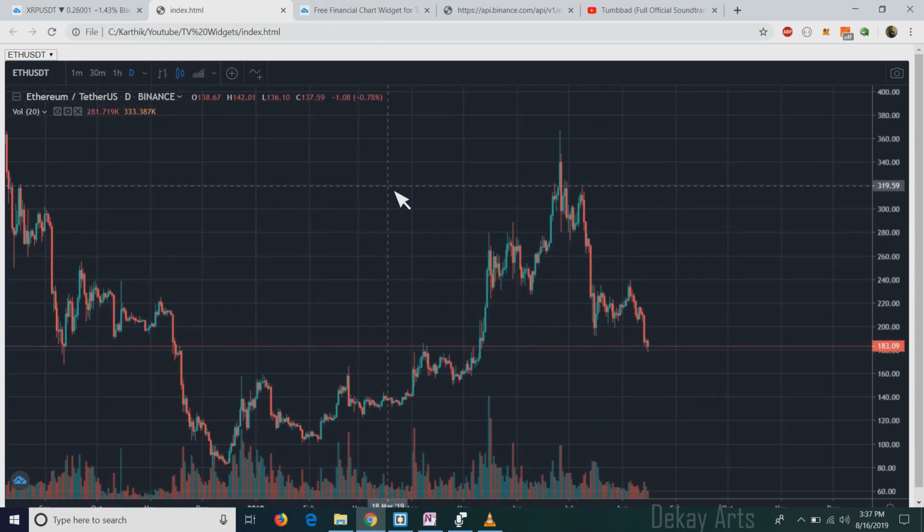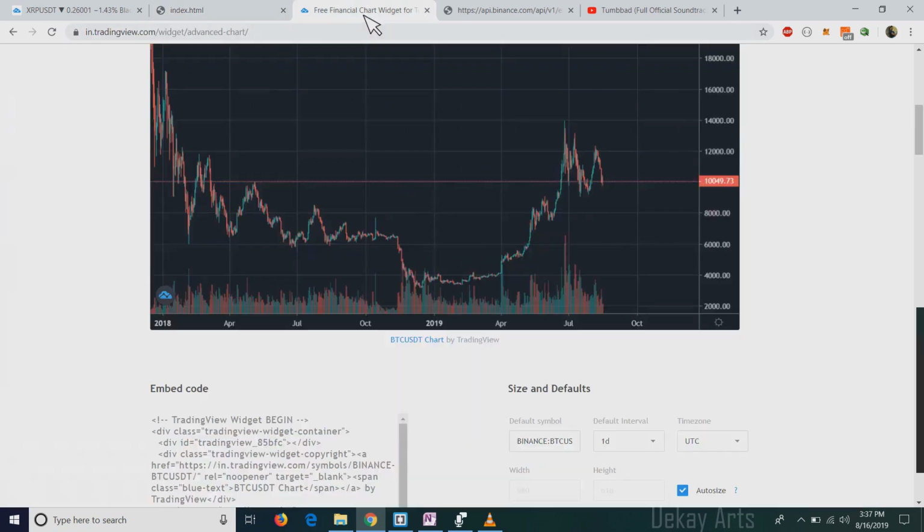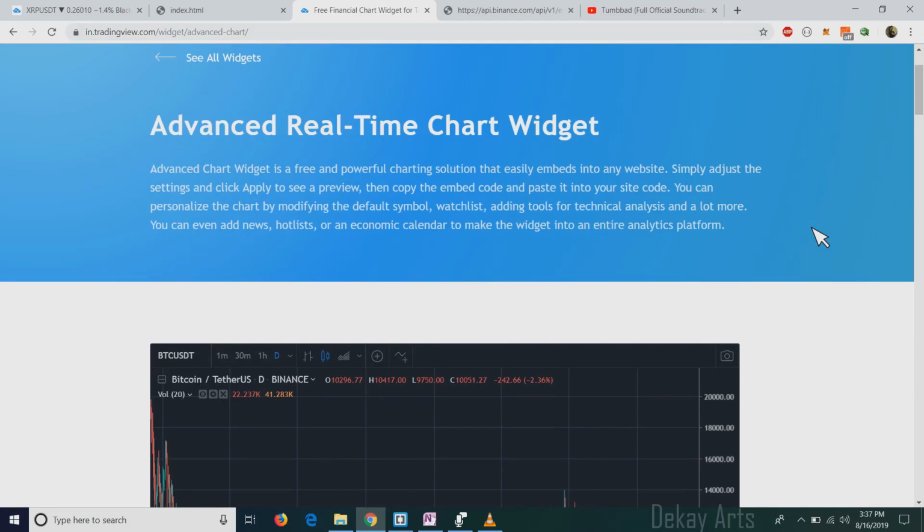It's actually fairly simple. You can do it in less than like 20 lines of code, and most of it is anyways copy paste, and you'll see that in a minute. So we're going to use a functionality offered by TradingView called a widget to achieve this result. TradingView offers a lot of widgets. It's a way of